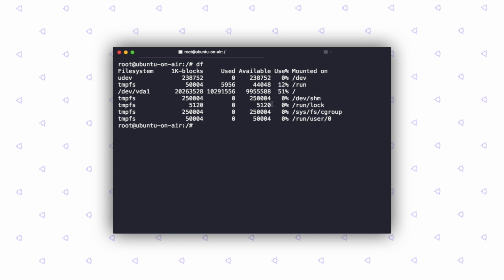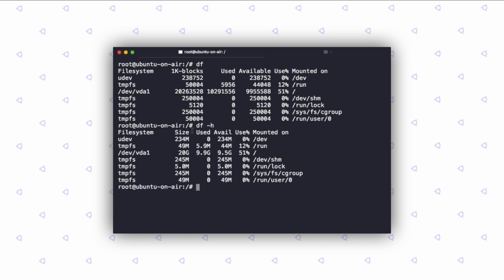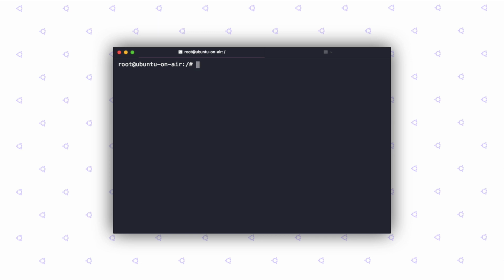So let's fix that using the -h flag, which stands for human readable format. So if I hit enter now, it's going to show things in a more human readable manner, which is in megabytes and gigabytes. Awesome.